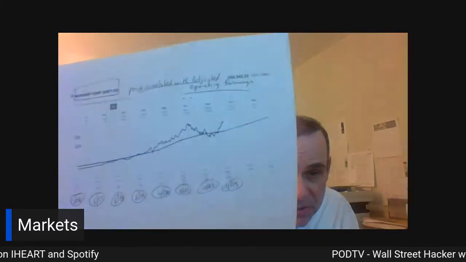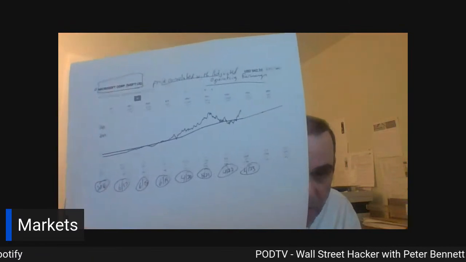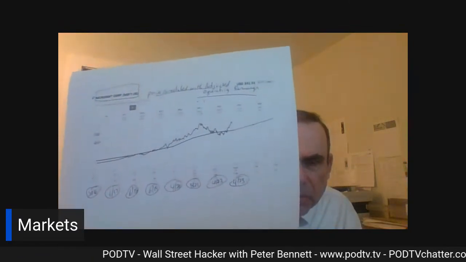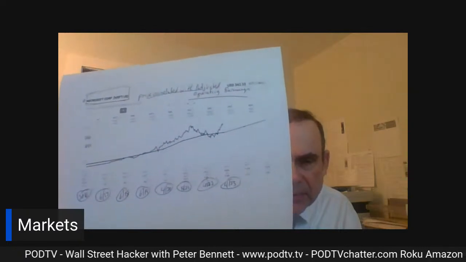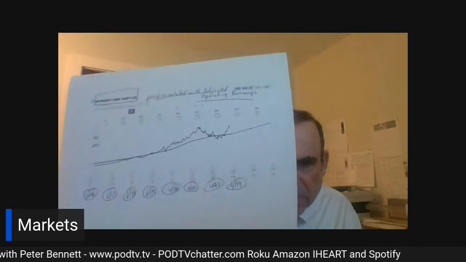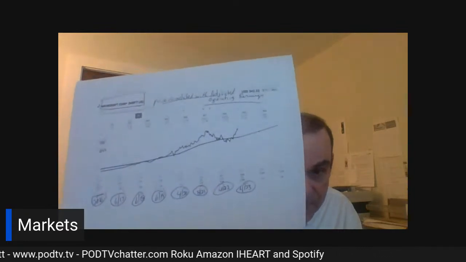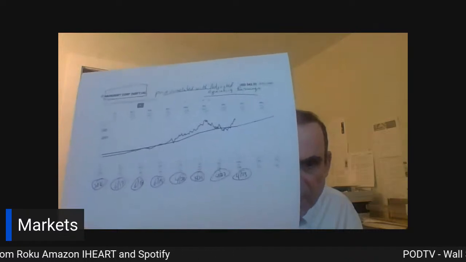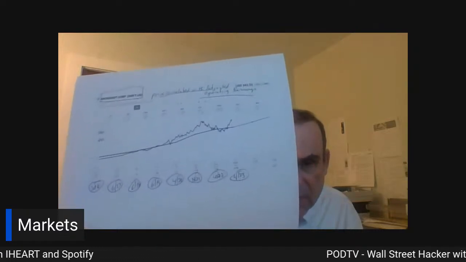And then this is another chart. I had this on last week, but I had to bring it back. This is the Microsoft trend line. The straight line is their earnings trend line, and the line that zigzags is their stock price. You can see, if you're looking at this, it's since 2016.